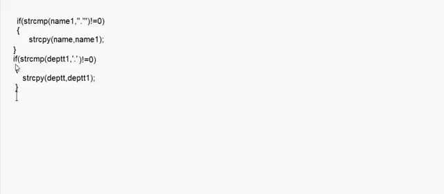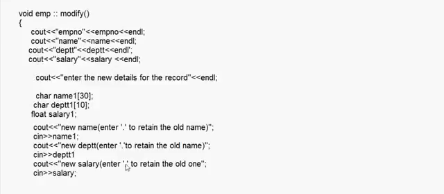Okay, then for salary you don't need string compare. So I'll do it like this. In fact, for salary here it's not dot because salary is not a string. So here I'll put it as enter some number basically.